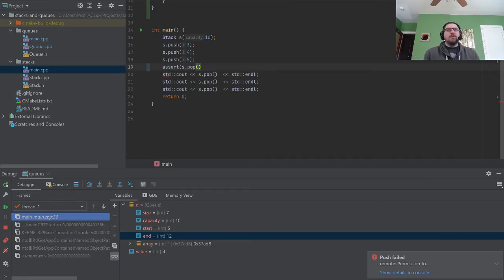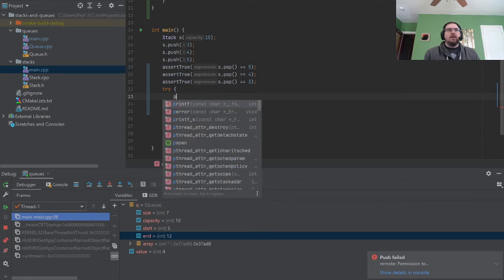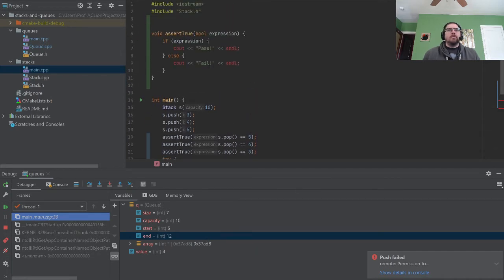So we're going to assert that pop equals 5 here for a successful test. Oh, no, I don't need assert, I need assert true. And then I'm going to try s.pop, cout failed. Did I set this?